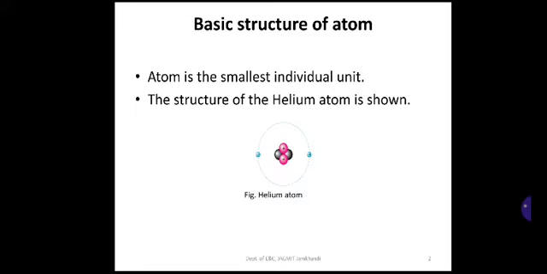Similar to this, you can also consider one more atom, that is carbon. Its atomic number is 6. Carbon consists of 6 protons and 6 neutrons in the nucleus and 6 electrons. So 2 electrons in the first shell and, sorry, 4 electrons in the outer orbit. Total 6 electrons.